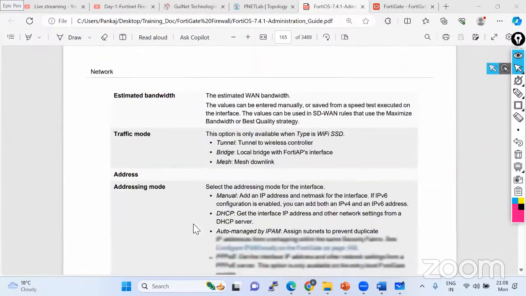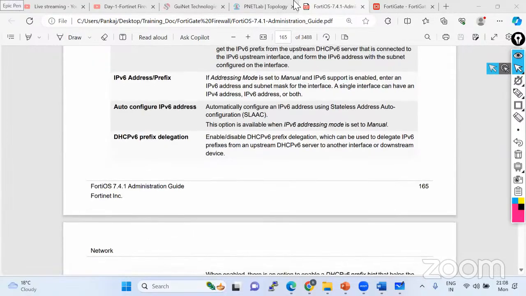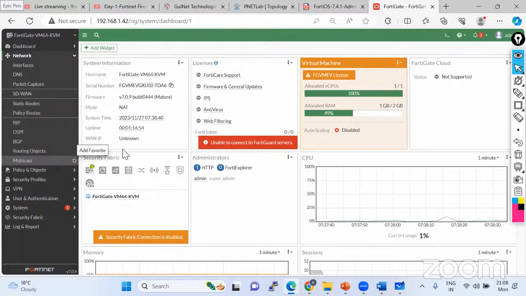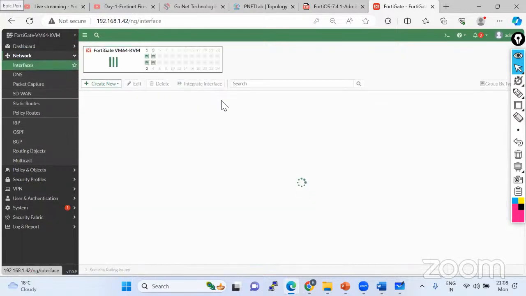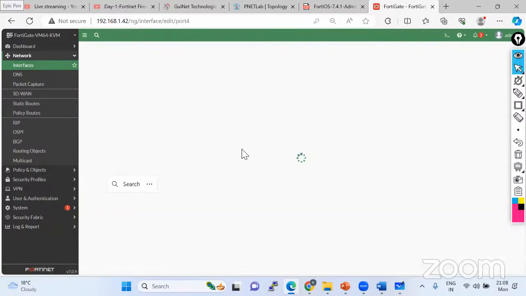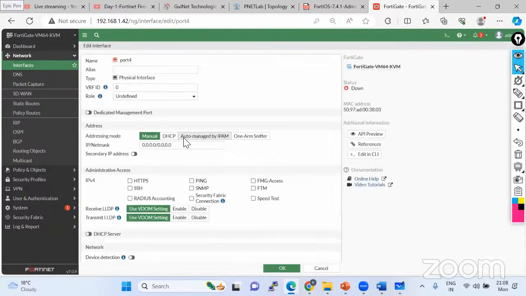अम्म, चलो मैं दिखाता हूँ, इस पे देख लो आप लोग। जैसे कोई इंटरफेस है, तो उसके अंदर 1 आर्म स्नीफर बनाना है आपको, तो कैसे बनेगा। देखो जैसे इंटरफेस ये वाला है, इस पे क्लिक करता हूँ। देखो इस इंटरफेस पे एक हमारे पास आईपी असाइन करने का है, कि इस पे मैनुअल देते हैं, इस पे डीएचसीपी है, ऑटो मैनेज आईपीएम के थ्रू अगर इंटीग्रेट करोगे तो हो जाएगा 1 आर्म स्नीफर।